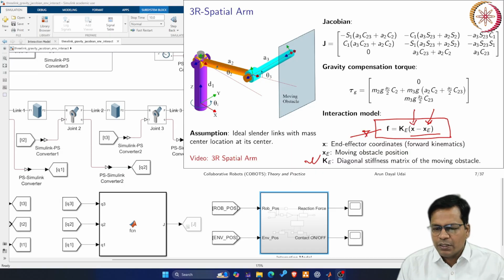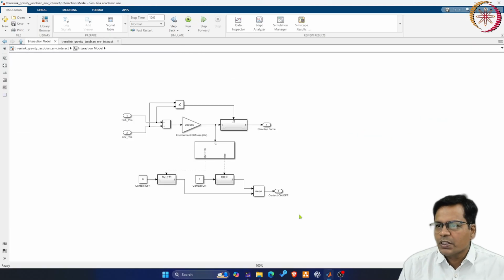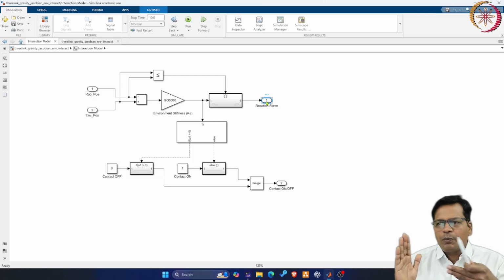Okay, let us see how I have implemented it in my blocks. So this is my block. Robot position comes from here, environment position comes from here. I am taking the difference and multiplying with the environment's stiffness to calculate the force. Force comes out when the robot actually gets into the wall.